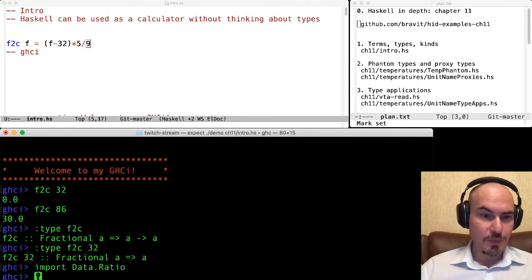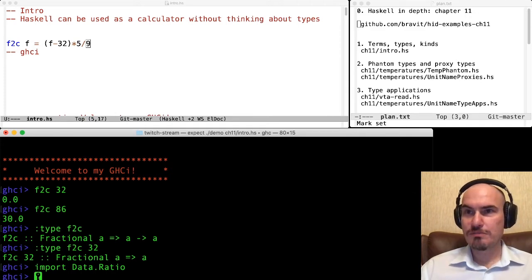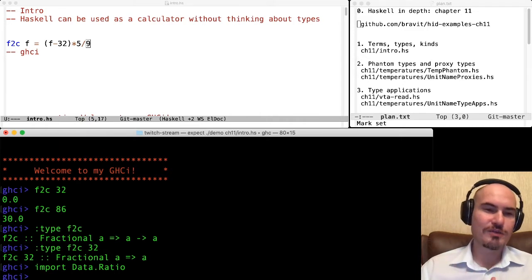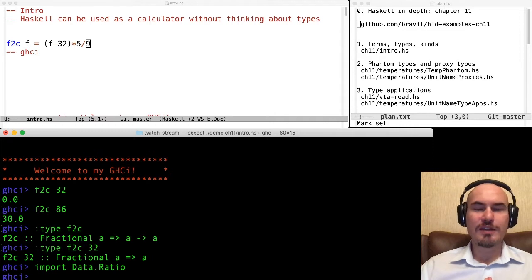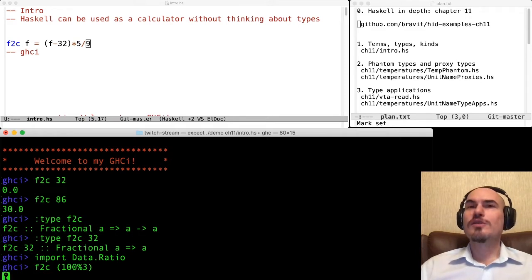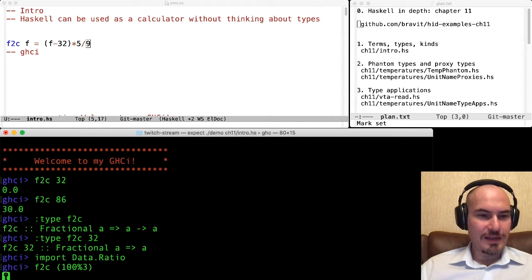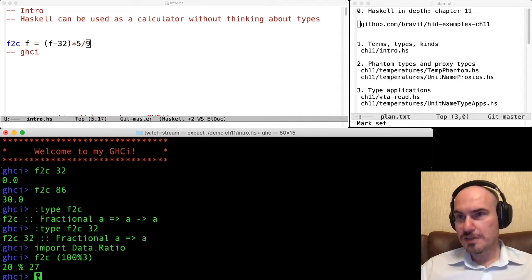For example, we can use Data.Ratio. Unfortunately, it looks like this module is not very popular, but in Haskell we have ratios and they're very convenient for many problems. So we can use this function with rationals. So this is 100 thirds. And it also works.